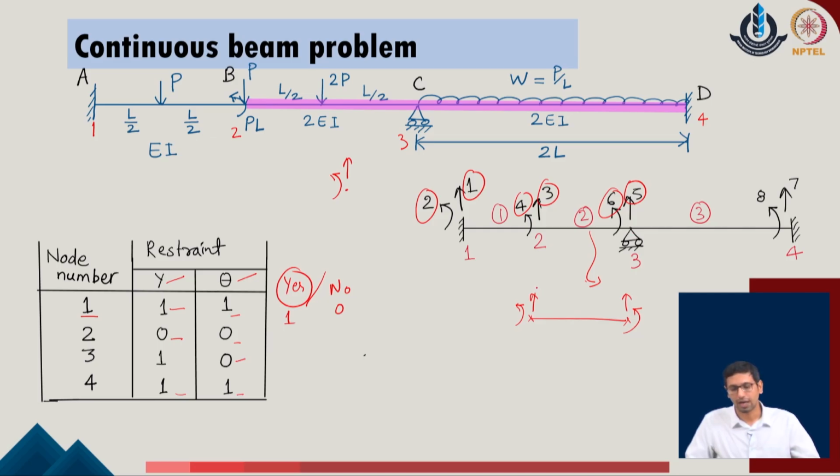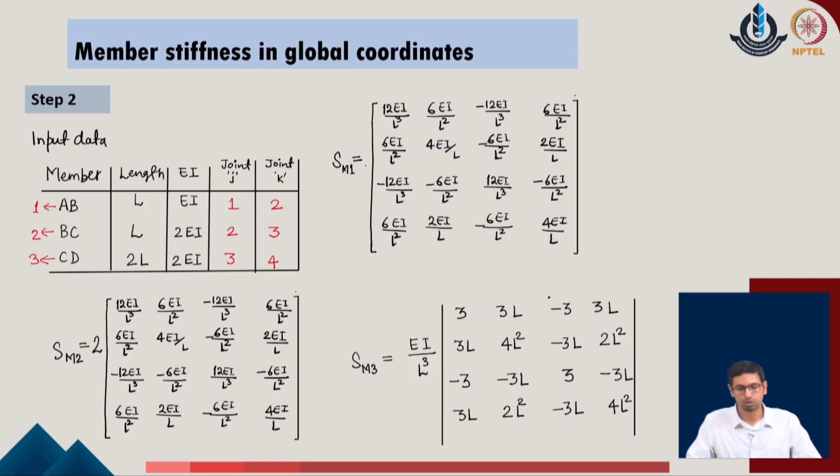And this is why the identification of the member stiffness matrix is easier, as we do not need to do any transformation in the given system. So, I utilize the stiffness matrix for member 1, member 2 and member 3 based upon the initially given formula. One can again refer to the first lecture of the 6th week, where we discussed the details of the different stiffness contributions of the given system, and based upon the simple idea of the beam, we have now identified these stiffness contributions for members 1, 2 and 3 in the given problem. What we will also do at the same point, we realize that each individual member is catering to the specific nodes of the given problem.